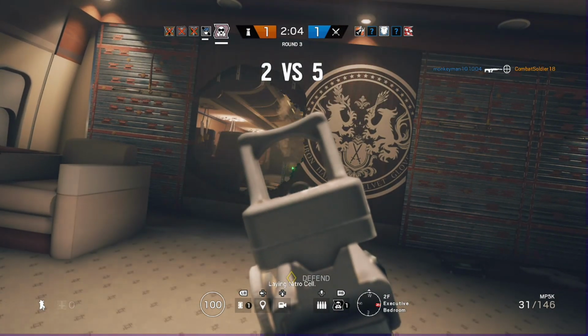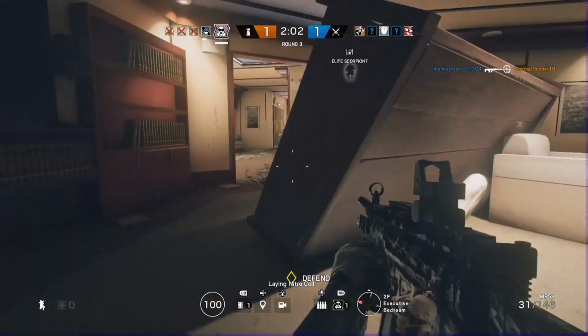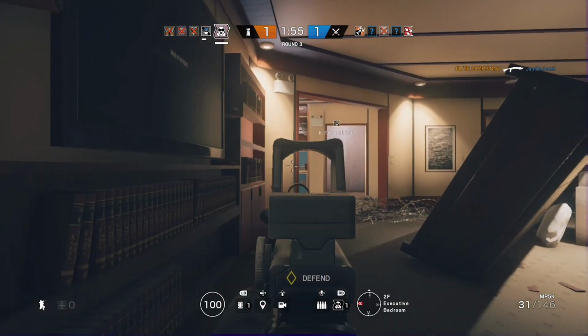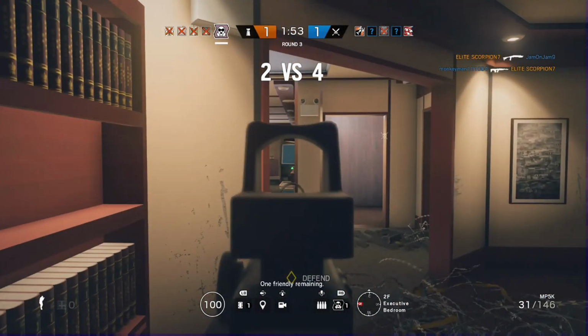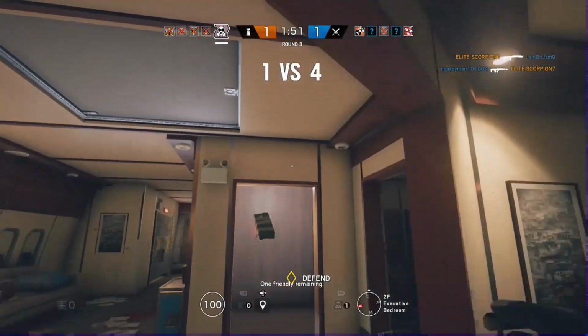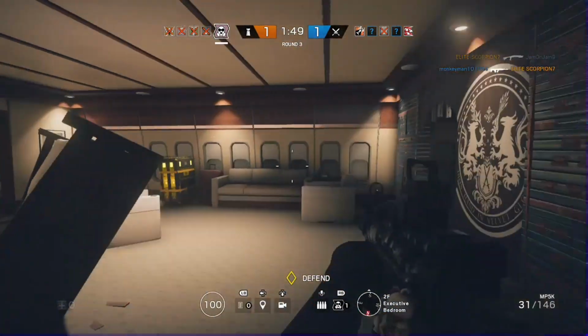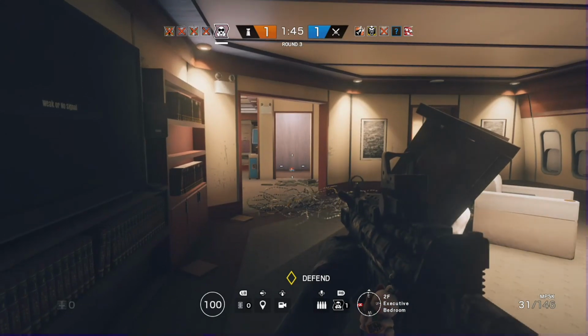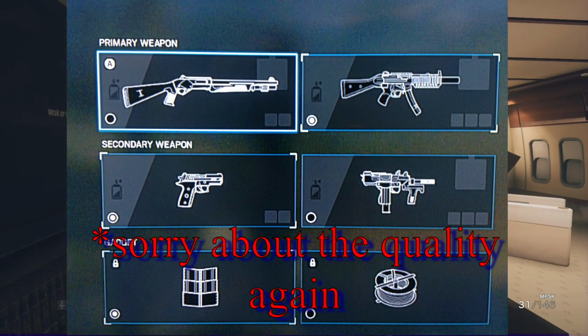Echo is a 3 armor, 1 speed operator, meaning that he is not as fast as Valkyrie, but in more cases he can take a bit more damage than her because of his armor. This also means he is a bit louder than the more stealthily operated 2 armor and even more stealthy 1 armor operators. His SMG is the